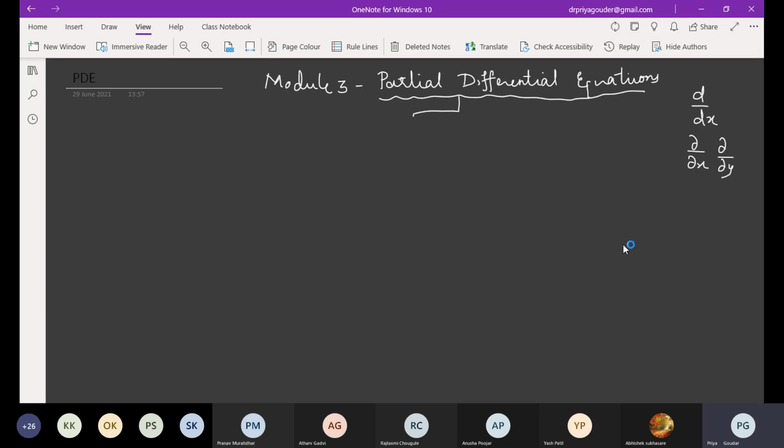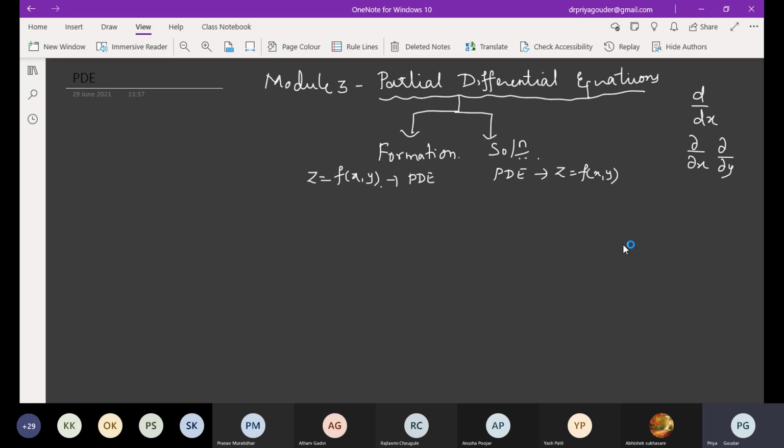For your study, you have got two parts here. First, we are going to study about the formation, and next, we are going to find the solution. So they are the reverse process. In the formation, they will give the original function and they will ask you to form the PDE. And in the solution, they'll give a PDE and ask you to solve, means you have to find the original function. Are you getting the part? So in this, we are going to study two concepts. One is formation, another one is solution.